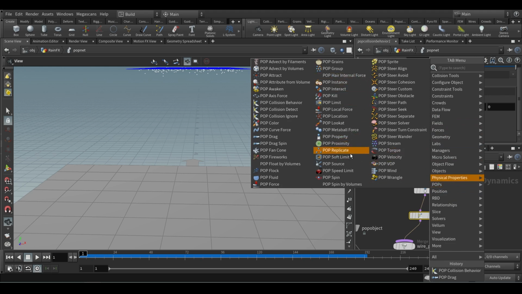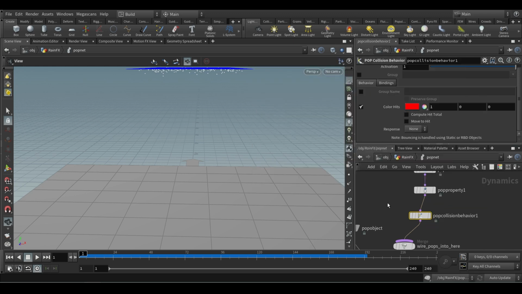So replicate can carry out the rest, isn't it? So we're going to say die. Whenever it hits, let it die, and whatever dies, I want to preserve the group under the name splash. Okay, so now we have the splash group where all the dead particles exist.